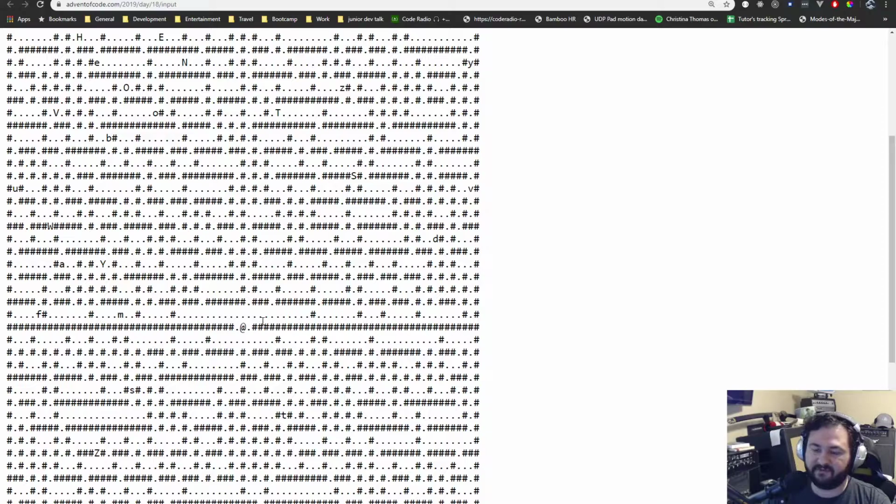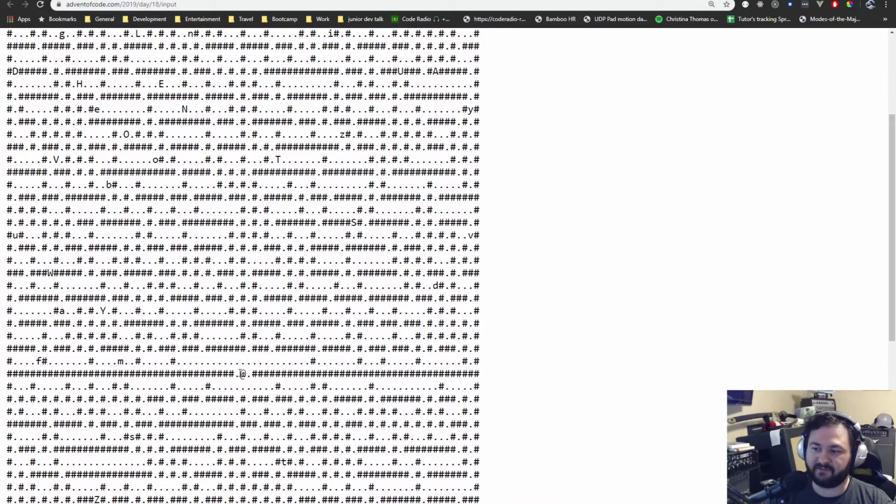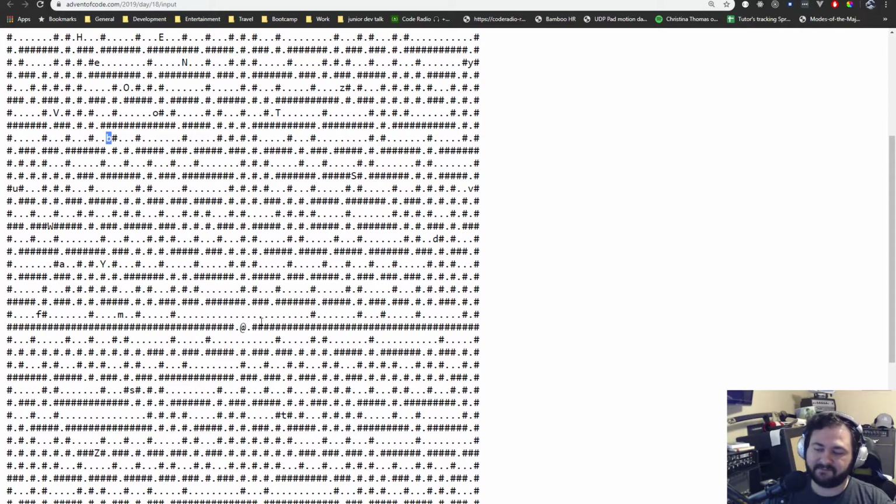For Dijkstra and that algorithm, I ended up looking it up. It's how to solve a graph, and not like a bar graph, but a graph of different points. So to go from one point to the next point, like from the start to B could be one point on the graph, or from the start to Z could be another point. You travel to B and you travel to Z, and then you look at, from Z to O, or from B to O, how many steps does it take for each? And then you can do a comparison there. That's the traditional Dijkstra's algorithm.